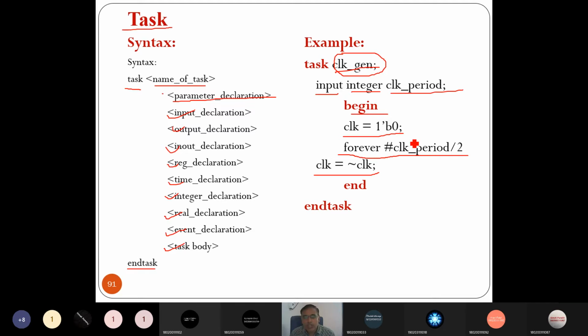The delay is clock_period by 2. For one clock_period by 2 the clock is logic 1, and for another clock_period by 2 the clock will be logic 0. So the total time period is equal to the clock_period we have defined, and then endtask. So when we call the clock generate task, it generates a periodic clock signal. Right?